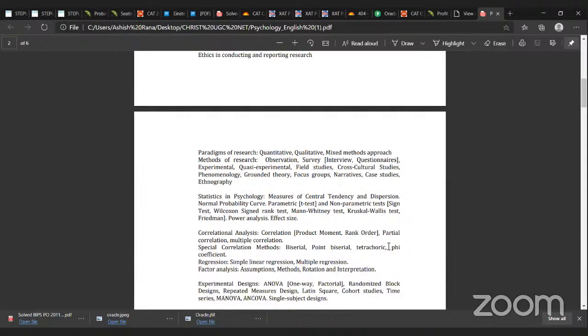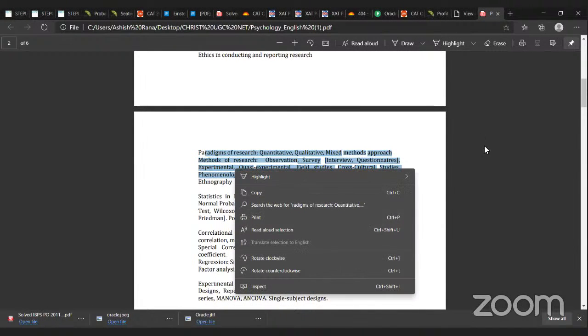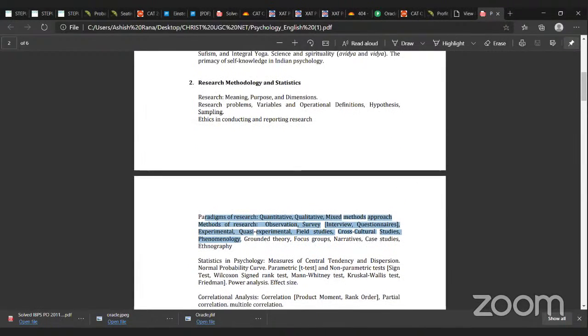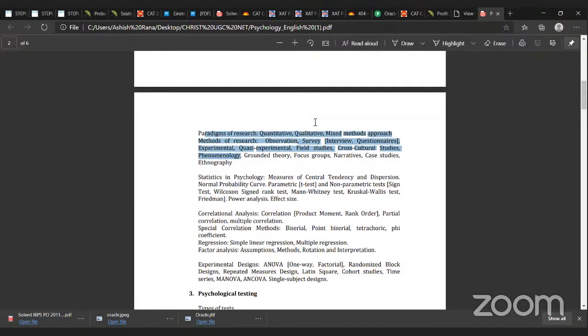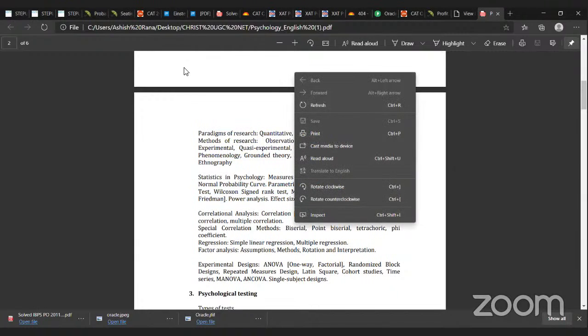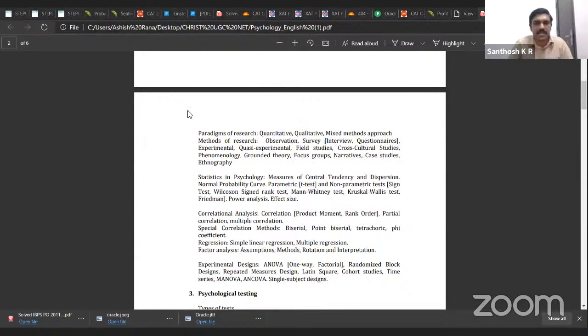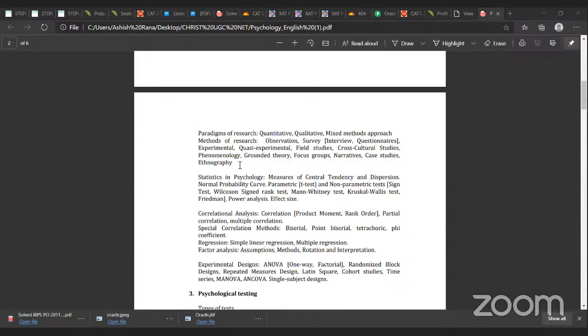So, folks, what is covered and what is not yet covered? Sir, I think we've done the first two parts, paradigms and the one above it. We've covered the first unit completely, and in the second unit we've covered till the end of paradigms, the end of ethnography. From statistics and psychology, the correlation analysis and experimental designs is what we need to cover now. Is that what sir was covering? No, he hasn't started this yet.